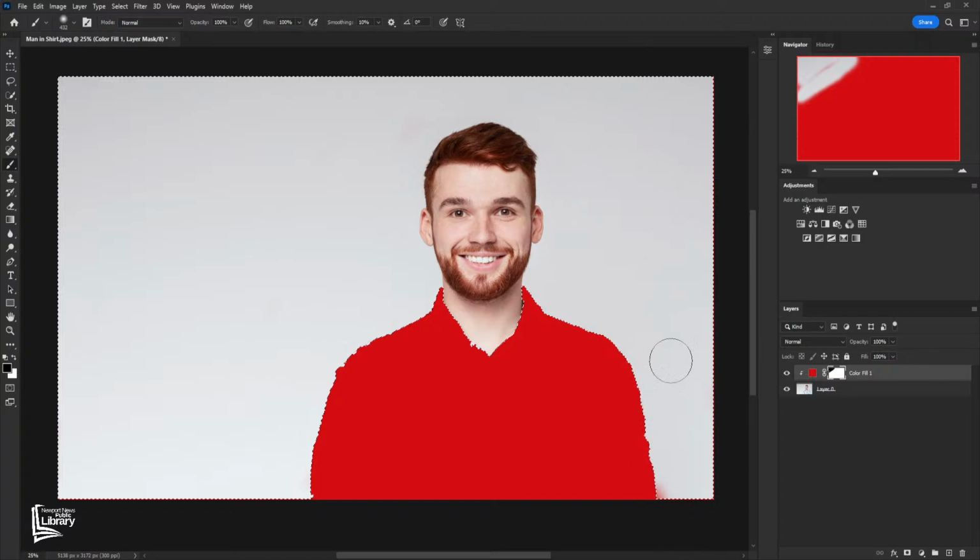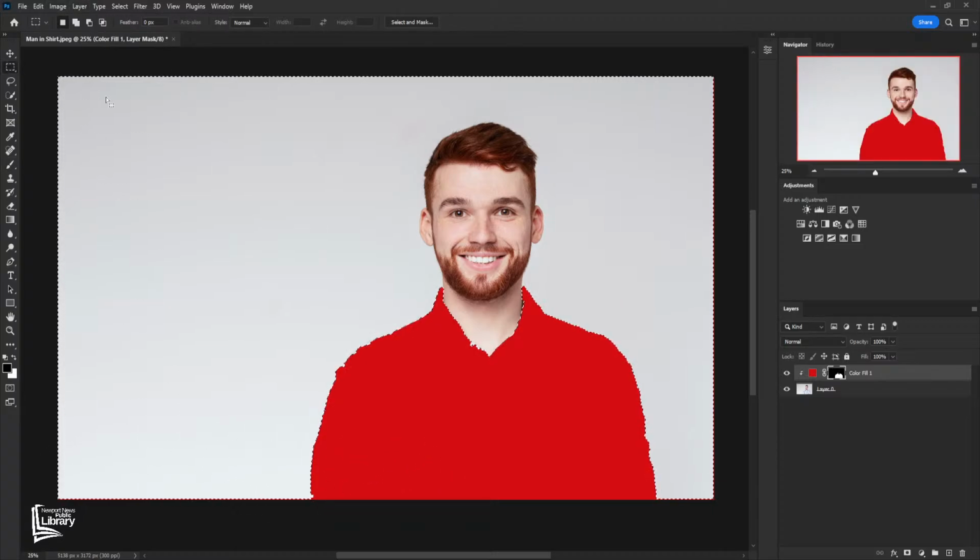All right, so you may be thinking this looks bad, and you are correct. But basically we have our selection for our color fill. Now, in order to make this blend in with the layer beneath it, we're going to have to use something called blending modes. We won't get too much into it, but just to demonstrate how you would change the color of an object by selecting a custom color fill first,